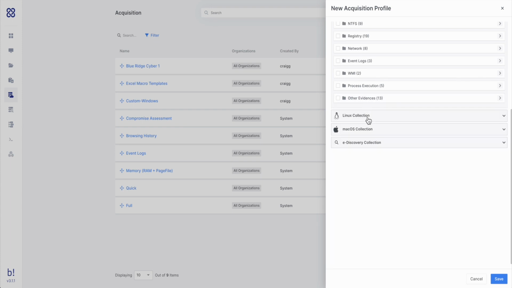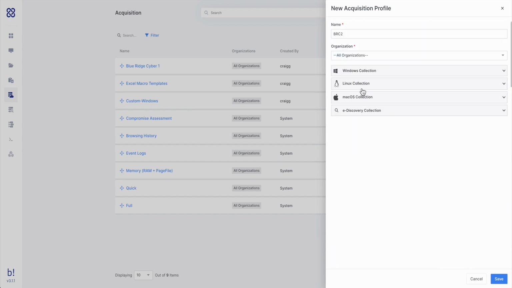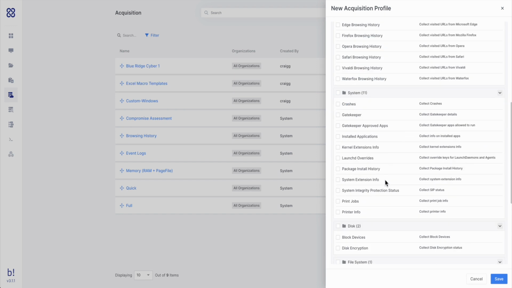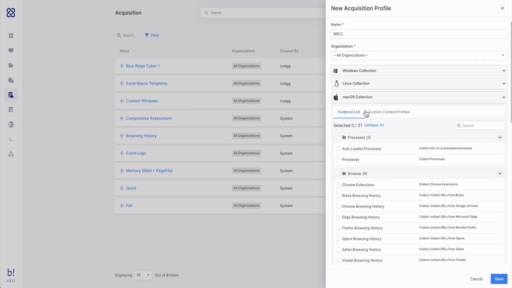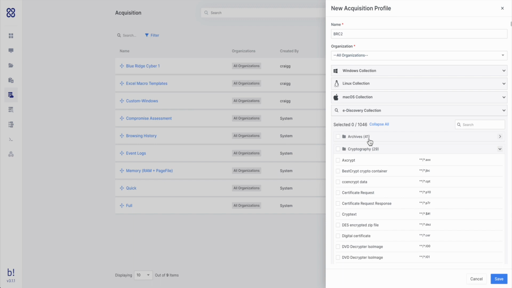If we scroll down to the Linux collection options, the options are largely the same, but Linux specific. The same thing is true of macOS collections. macOS specific types of artifacts can be collected from that platform. If we go into eDiscovery types, you have a variety of different platforms or categories that you can choose from. This is quite large. As you can see, there are over 1,000 different options here,